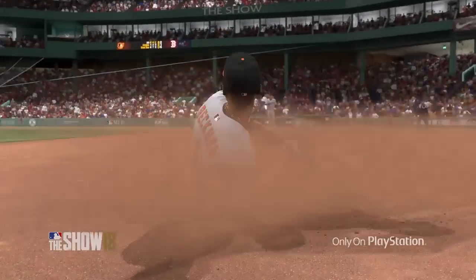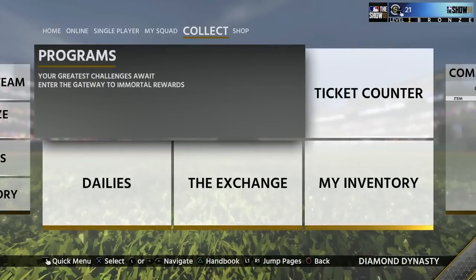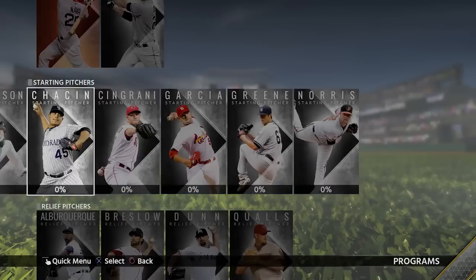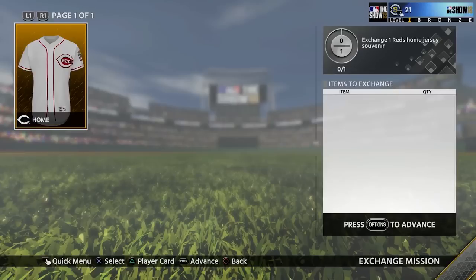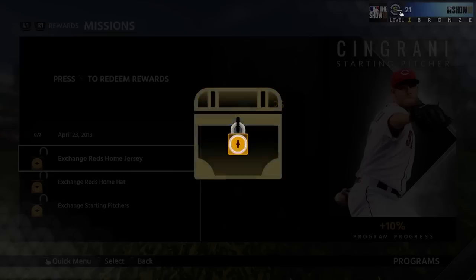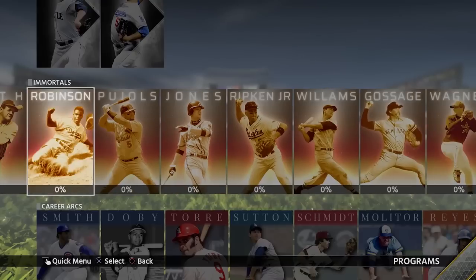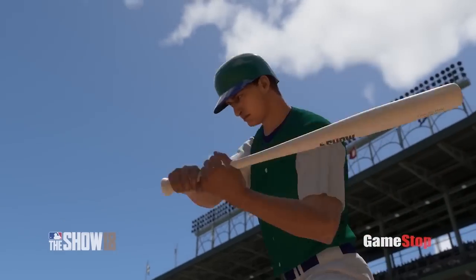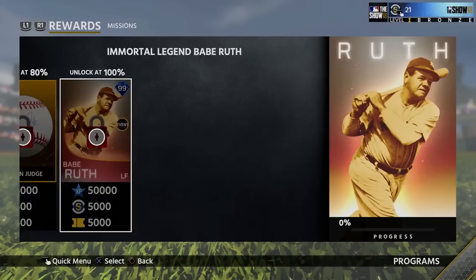So number 1, we have a new program structure. The journey gets even more epic this year with dozens of new programs, time traveling through baseball history. In our flexible program system, you get to choose which missions to play. As you play through smaller programs, you advance toward the big ones that reward players who have been forever immortalized in Cooperstown. Legends such as Jackie Robinson and Ted Williams. By completing their programs, you will inch closer to the best rewards of Diamond Dynasty, the Immortal Legends, including Babe